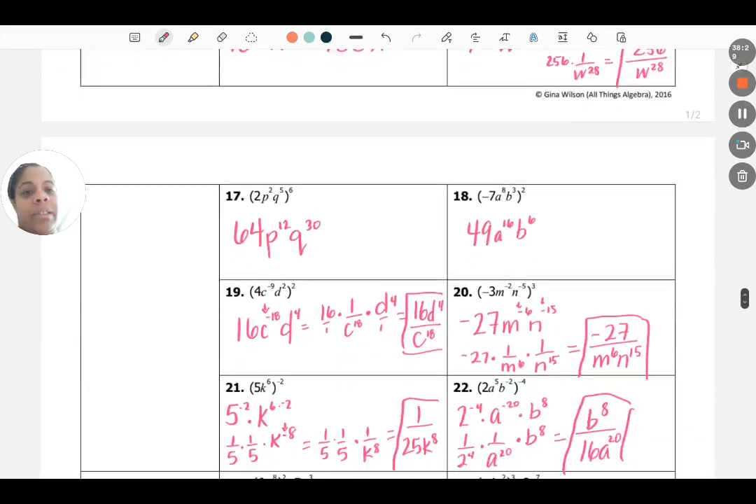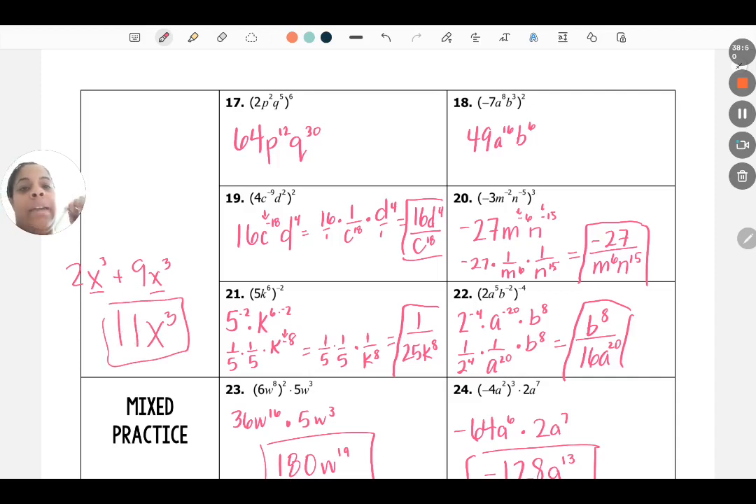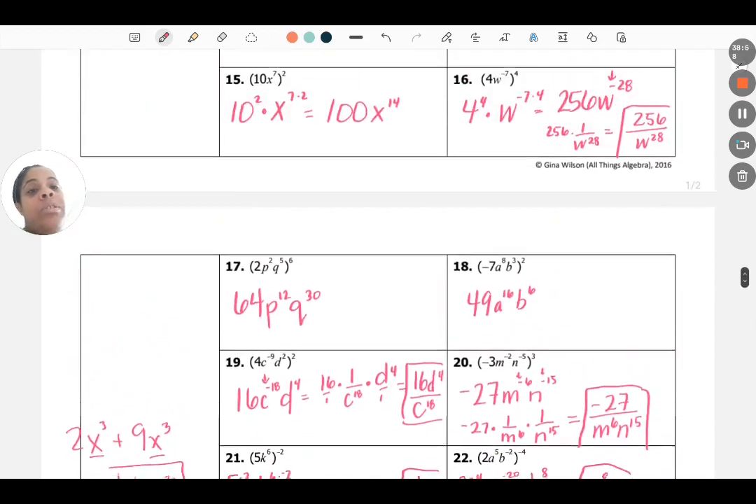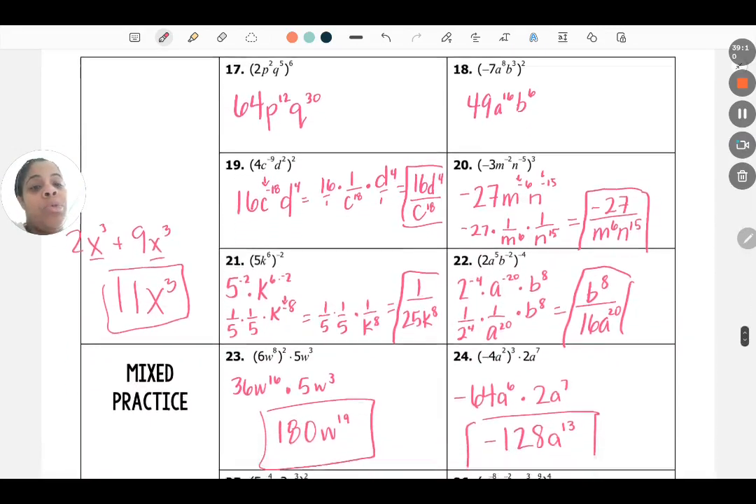If you have 2x to the 3rd plus 9x to the 3rd, well, the x to the 3rds are the same. So I can leave the x to the 3rd and just combine 9 plus 2 is 11. That's with adding. You're just combining like terms. When it comes to multiplying variables, like this one, you add the exponents because the x's are being multiplied. And then you have division, the quotient rule, where you